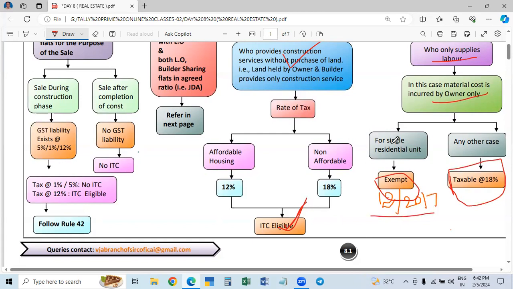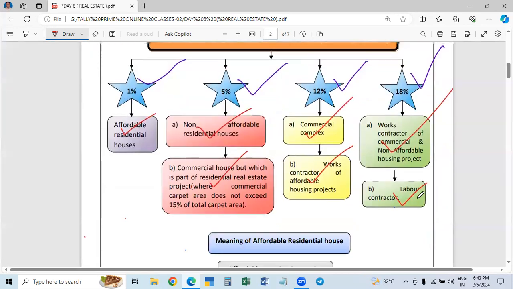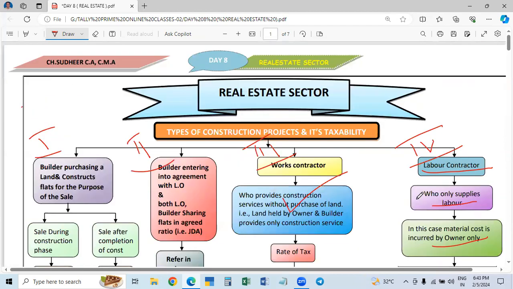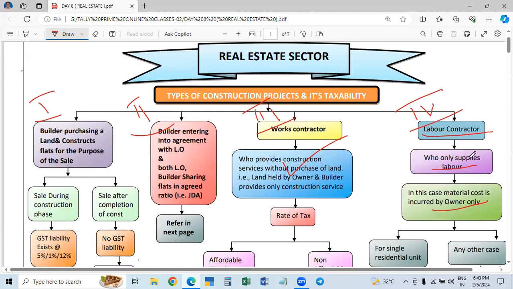If the works contract is taken for many apartments, then different people will be owners of the apartments. Likewise in the case of commercial or many apartments, not a single unit but many residential units, in such case it is 18%. Okay, so this is about the residential sector. The first one, third one, and fourth one,